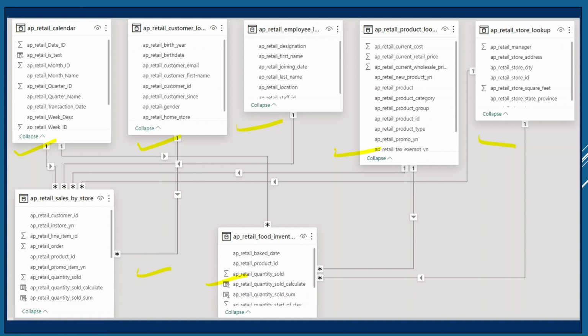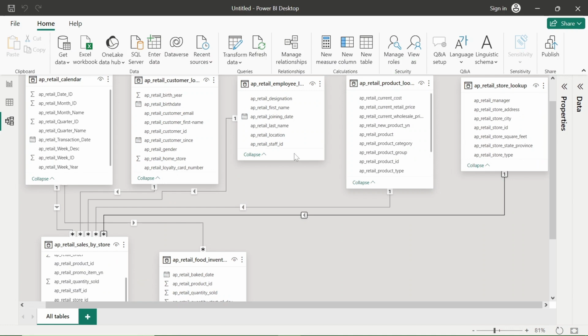So when a sale happens, if any purchase is made for any particular product, the retail inventory table must be updated, and the quantity must be increased or decreased. So there is a relationship between AP retail product lookup and AP retail food inventory. So let's create the relationship between these two tables.